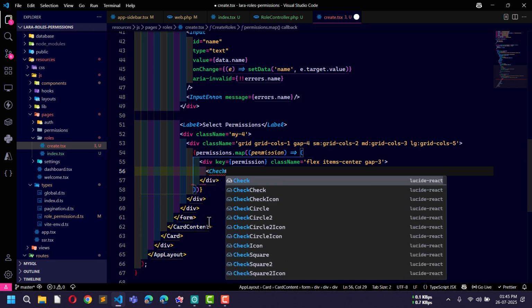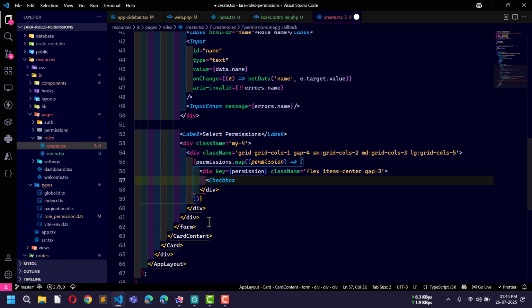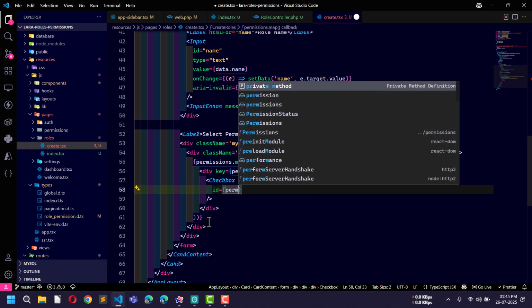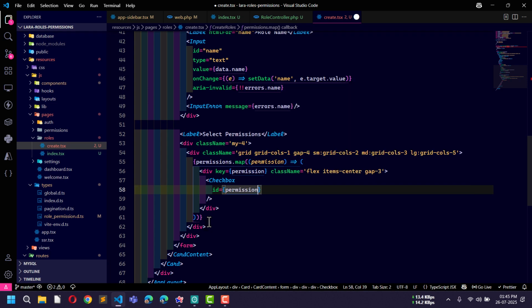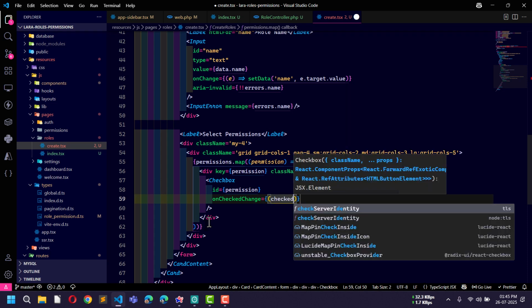So I will use Checkbox from the UI component, ui/checkbox, and inside this I will pass some props like id equal to permission, and here I will also use onCheckedChange. Now here we will get checked,